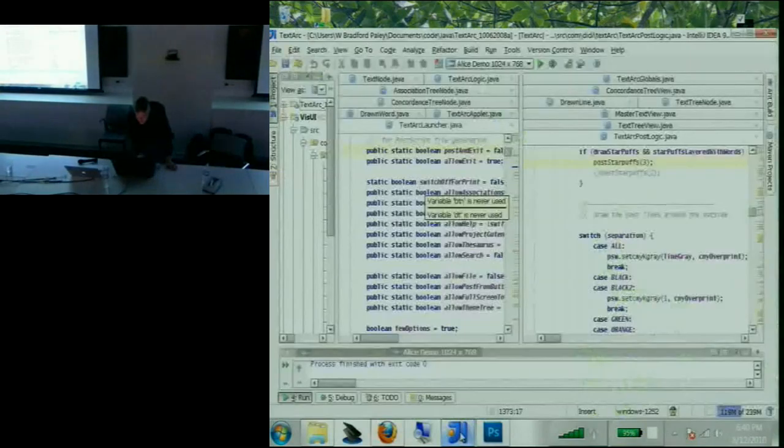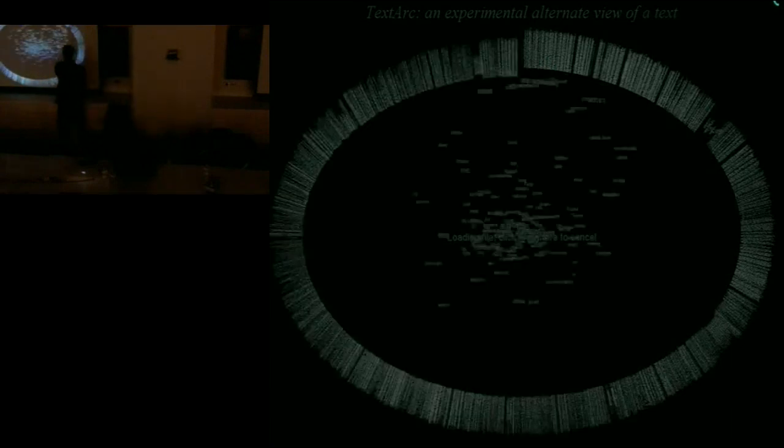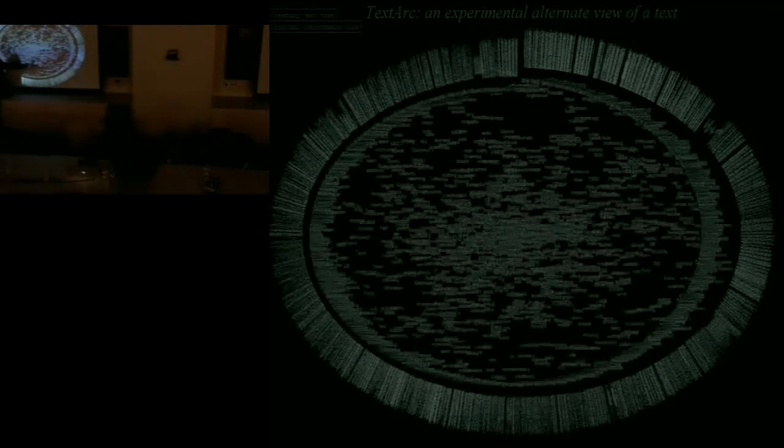that's part of the code to it. By the way, now the structure. Every line of the book, Alice in Wonderland, every word of the book, Alice in Wonderland, is scattered around in the middle. I'll tell you how in a minute. It's thinking about what color to make them, redrew. So I'll tell you what the structure is of a text arc, and then I'll tell you about the visual analytic processes that people layered on top of the structure afterwards, myself and a few universities who are using it